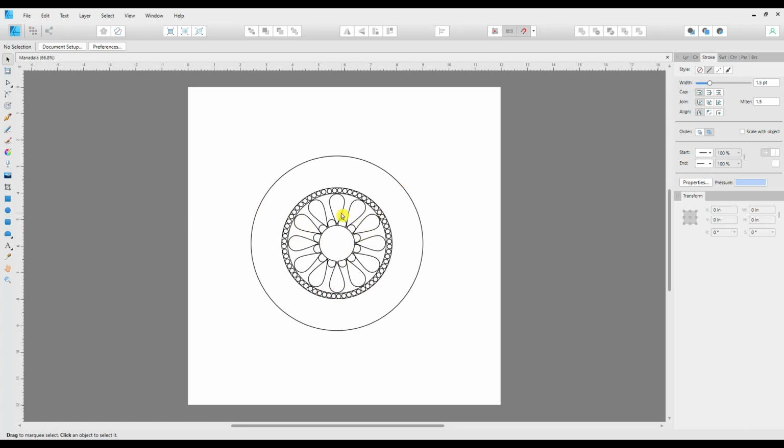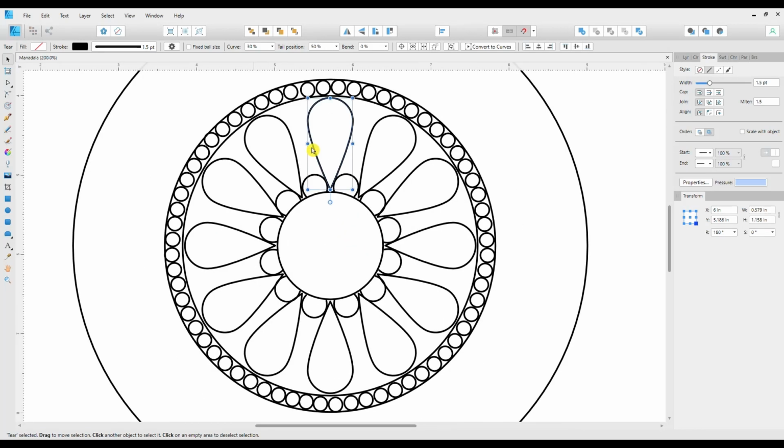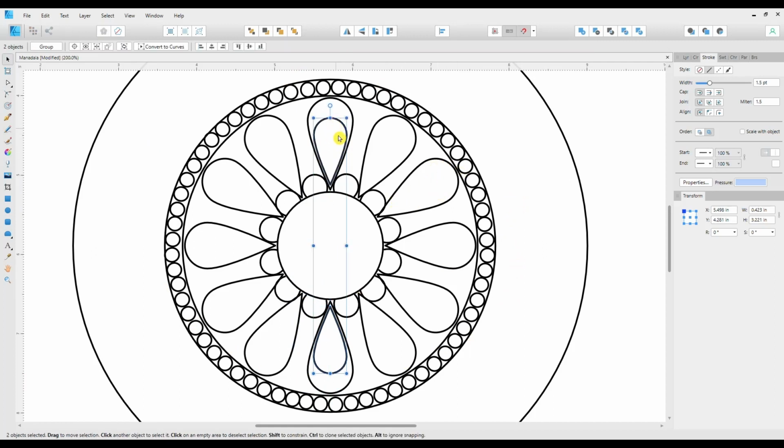So we'll carry on with the same theme, and if I zoom in again, and if I copy and paste this teardrop and then shrink it down and then fit it inside this one, copy and paste again and flip and push down to the bottom one. And I've also taken the stroke thickness down slightly by half a point because I felt it was a little bit too thick. So we join these two and copy and paste and rotate,